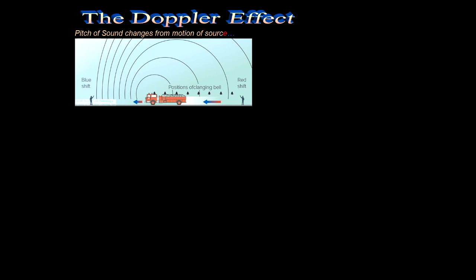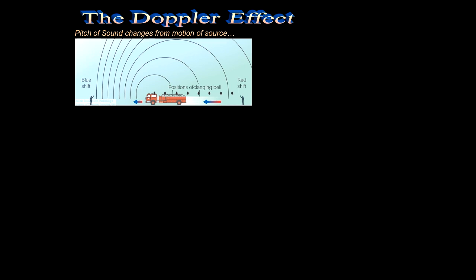A brief overview of the Doppler effect. You've all heard of this phenomenon either directly or indirectly. Perhaps you're at a racetrack and here comes the high-pitched race car coming toward you and then away. Something like that. And obviously there's a change in the tone of the sound as it approaches you and then